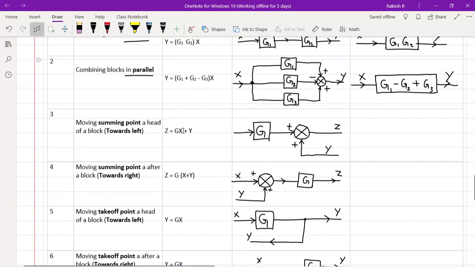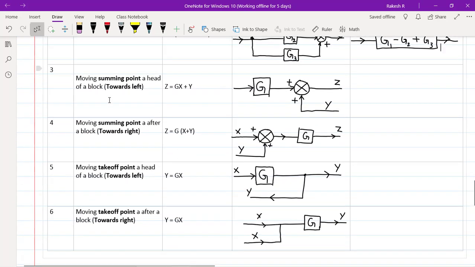Next, the third one we have is moving the summing point ahead of the block. That means towards left. Keep this in mind, moving the summing point towards left. When you want to move the summing point towards left, it should be shifted to the other side of the block. So when you want to shift the summing point towards left, what is the procedure or formula? We have G as the block,